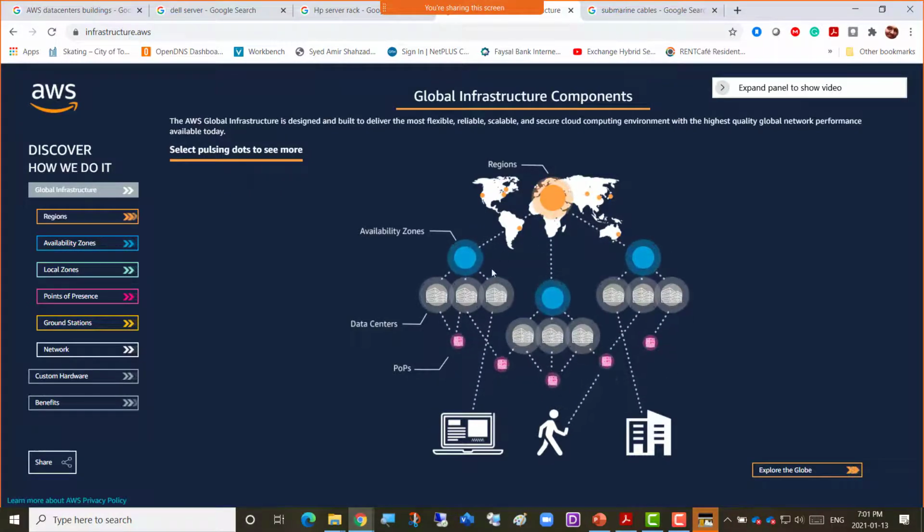So this is the main diagram that really depicts how the whole cloud works: regions, availability zones, data centers. Okay, we get it. So this is somebody else's data center that you connect to, and that's what we call cloud, right?